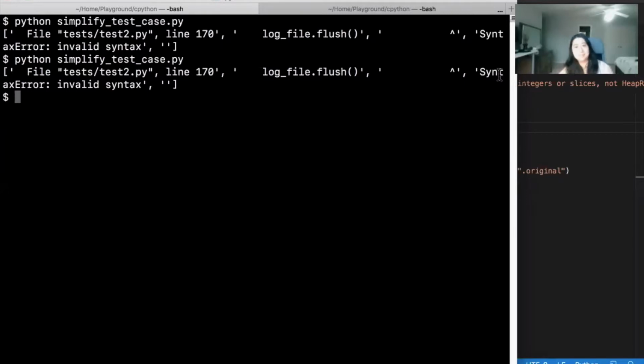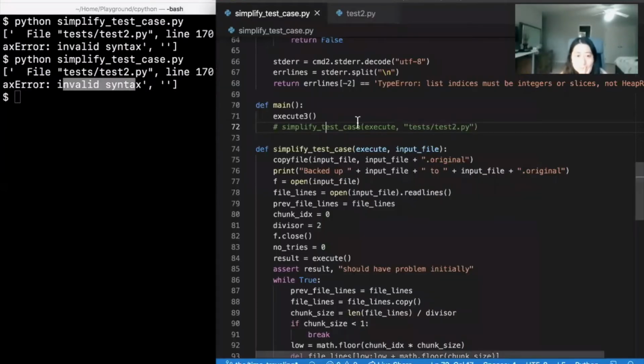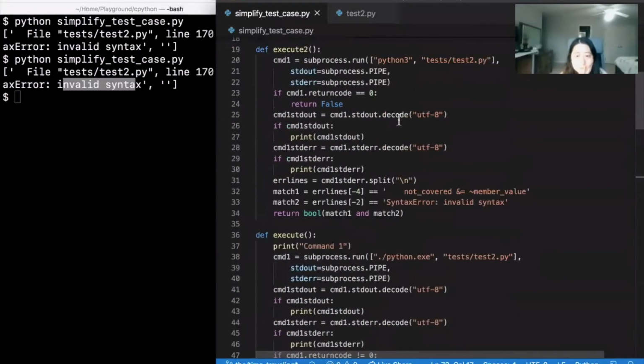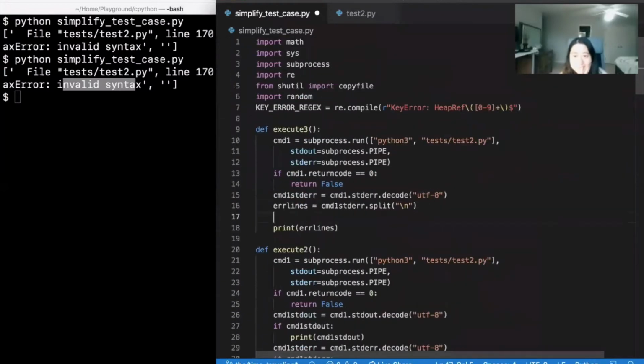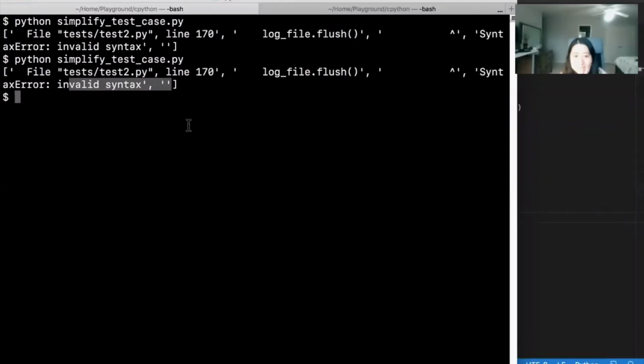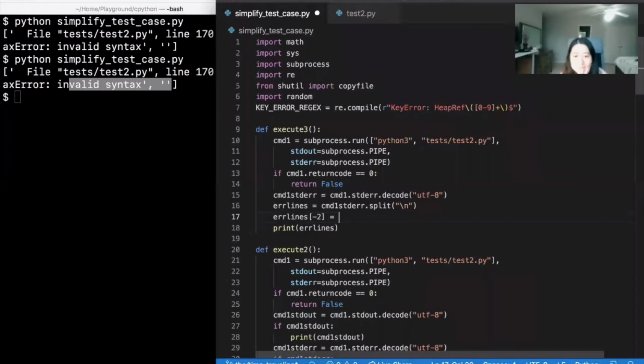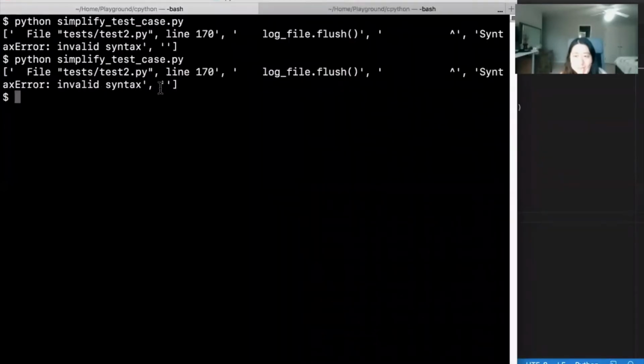So how about if this line says syntax error, invalid syntax, and this would be index -2, because Python can have negative indexes. So error lines -2 is the second from the back. If the second from the back is syntax error, invalid syntax, and